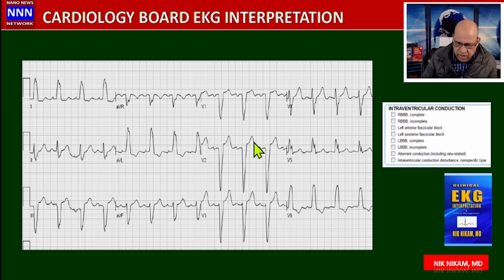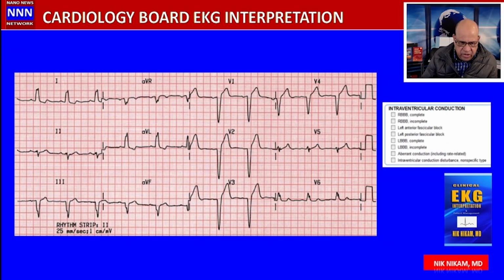And it's also characterized by deep QS, wide QS complexes. It is not like the QS complex you see in an acute myocardial infarction. Here, this QS complex is pretty wide. So these are some of the features of the left bundle branch block, and here is another example of a